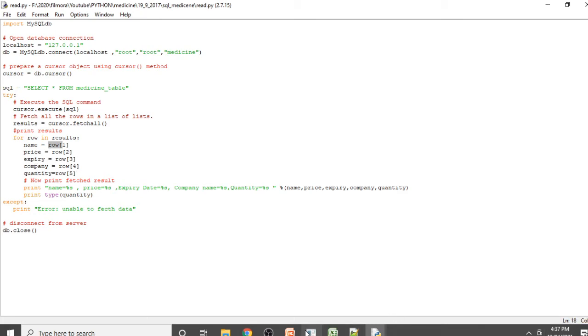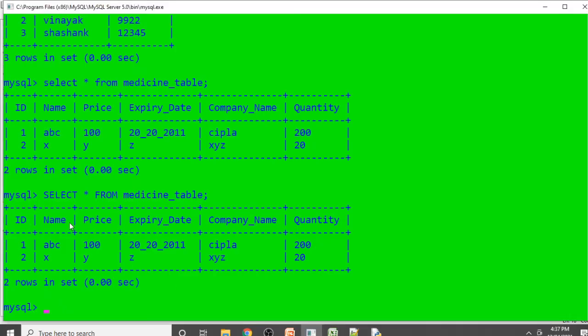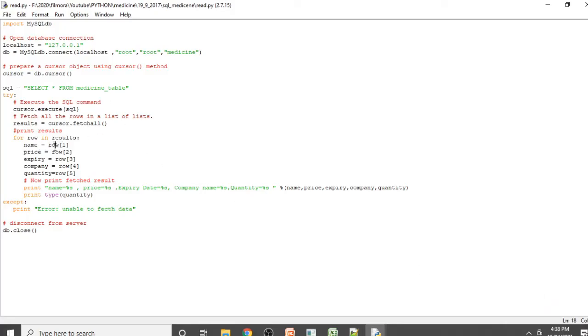If you see in MySQL, this is your row 1, this is your row 2, row 3, row 4 and row 5. With this, the data gets stored into these row 1, row 2, row 3 and row 4 variables. After that, we have to print whatever data comes inside name, price, company and quantity.